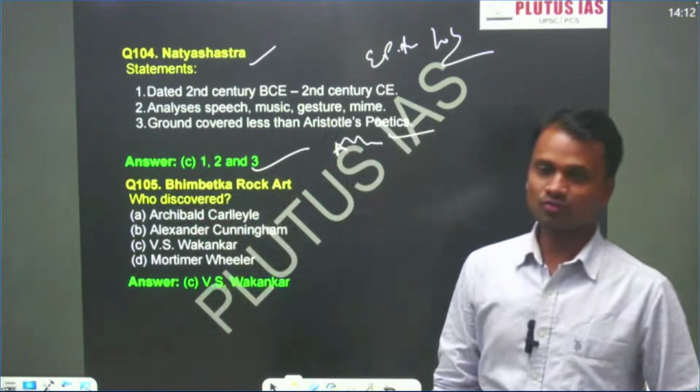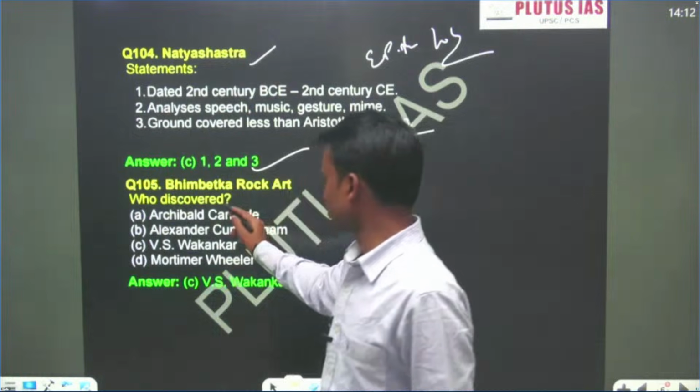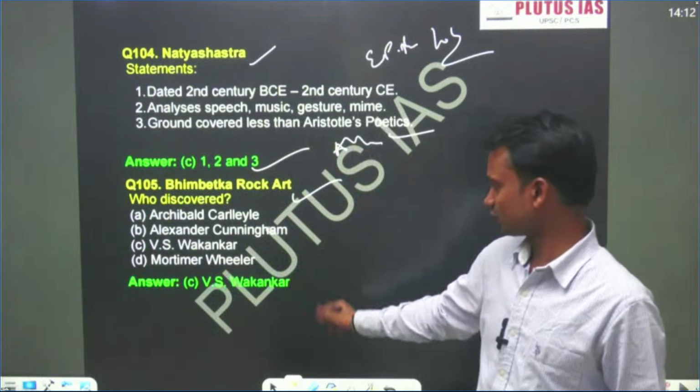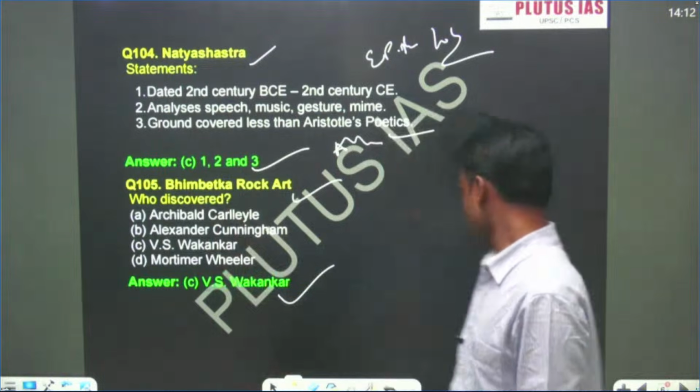Next question was 105, Bhimbetka art. Who discovered the Bhimbetka art? The direct answer was V.S. Wakankar. Next